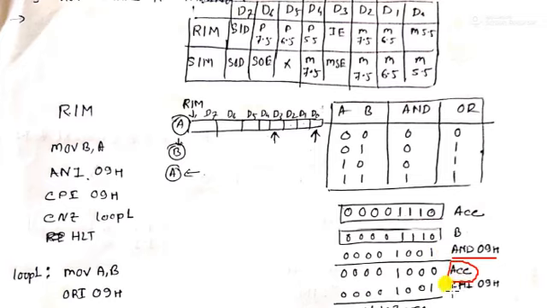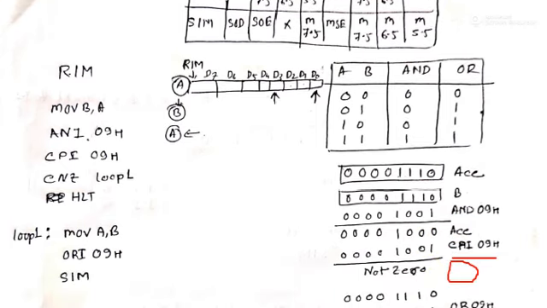Okay. Now we have to compare whether this one is 0. That means the result is 0 or not. We have to compare using CPI, compare immediate with 09. 09 means 1001, and we compare, and that is not 0 because this bit position is not the same, so it is not 0. That means the RST 5.5 is not set, because if RST 5.5 was set, suppose we assume one other example